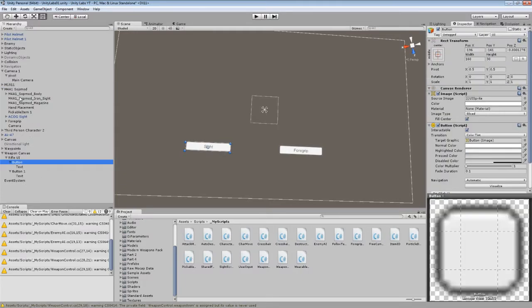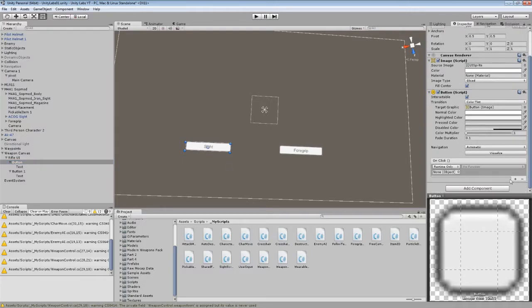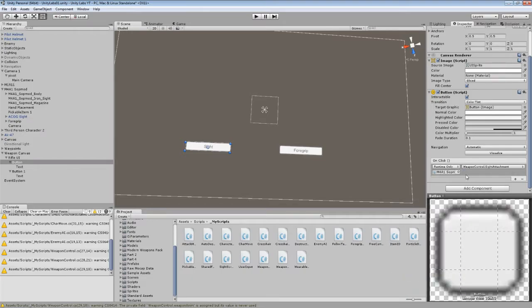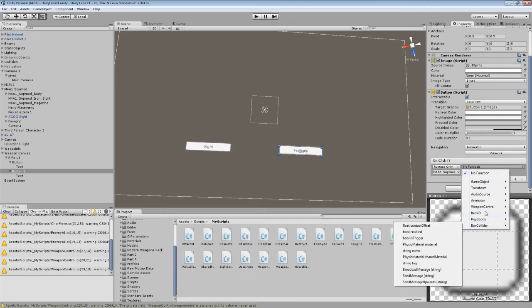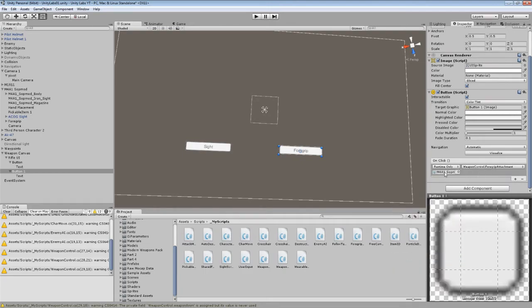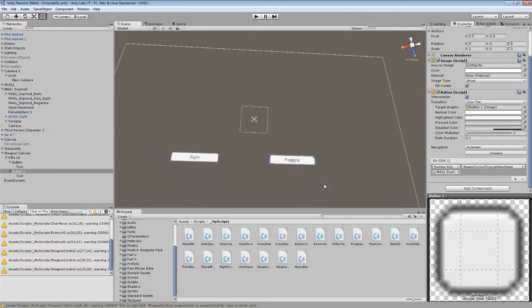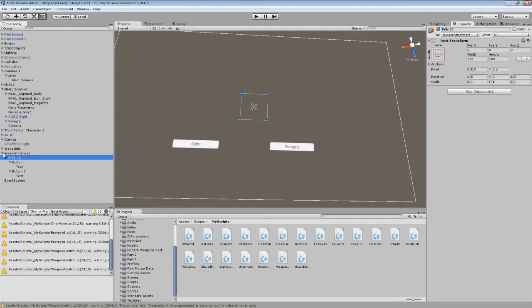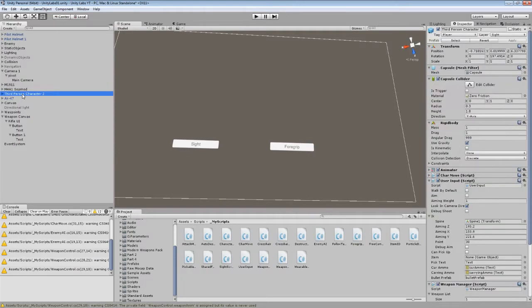Okay, now we want this to open and close when we have a weapon that can change that. So let's go into our user input. Let's go to update now, or maybe yet let's create a new function just so that we don't clutter up everything. Let's go back to the ground and we'll say void attachments, and what we will do, if weapon manager dot active weapon that has attachments, if input dot get key